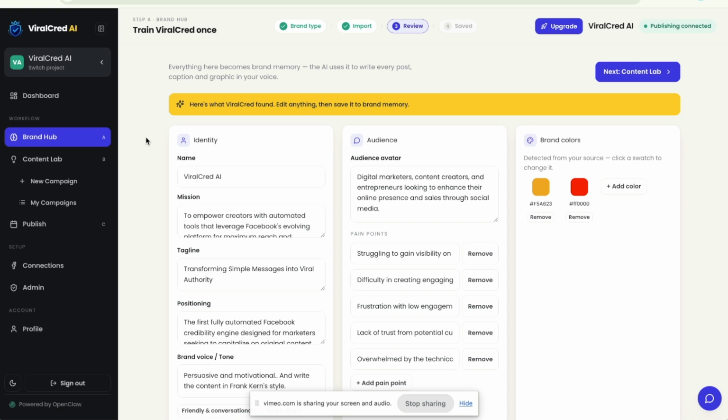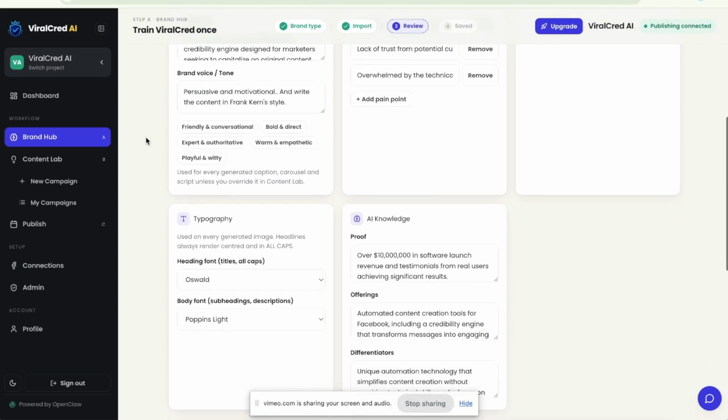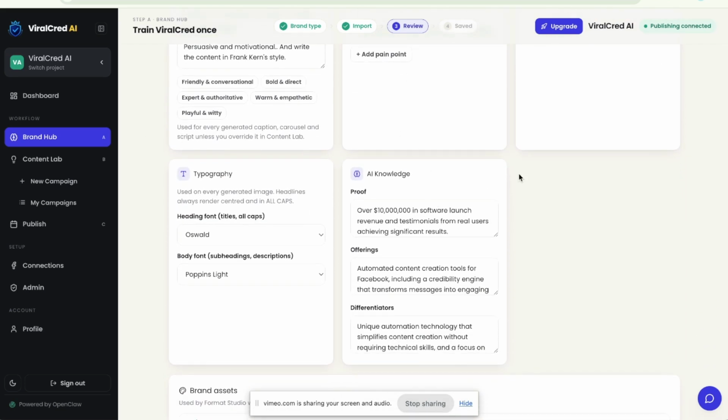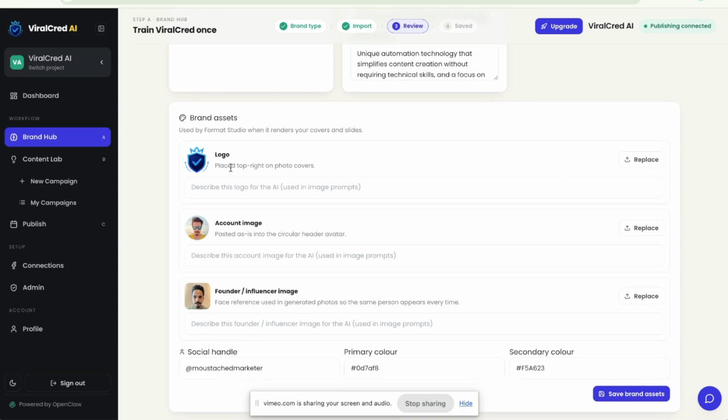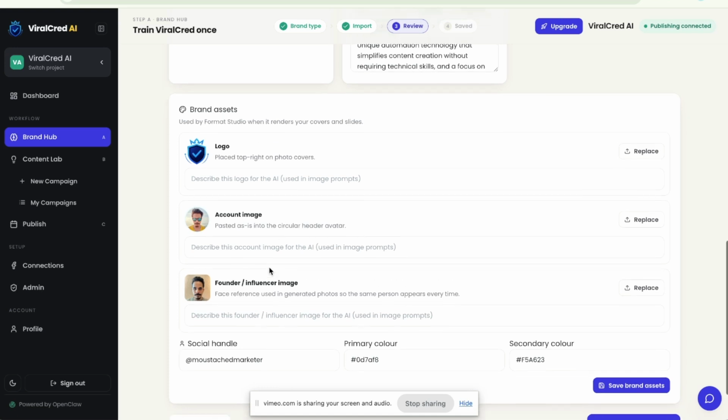and the brand colors, and then the typography, the AI knowledge, all the information is right here. Then on top of that, you can add brand assets like the logo, the account image, something that is being used on your Facebook or Instagram page. So you can use that account image here. And